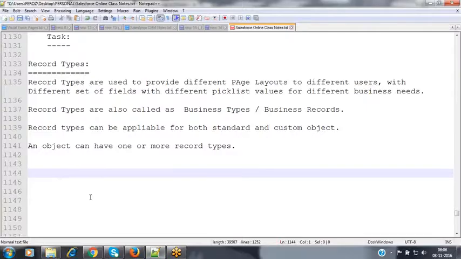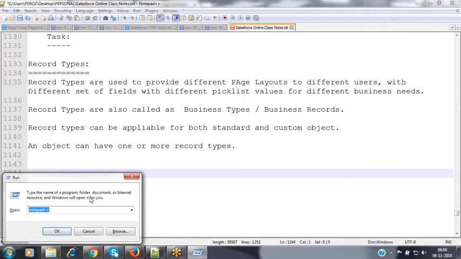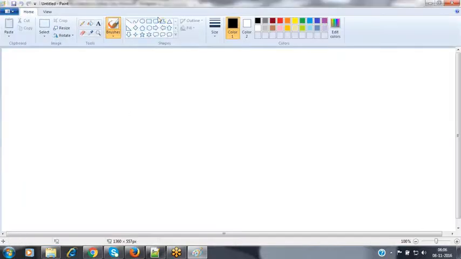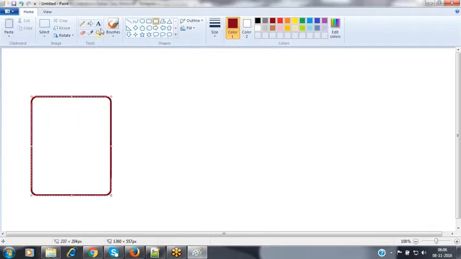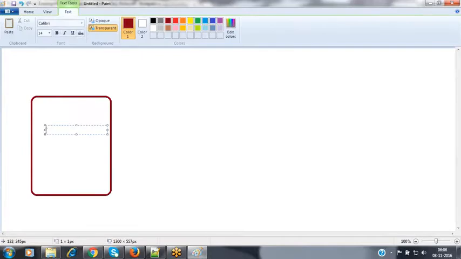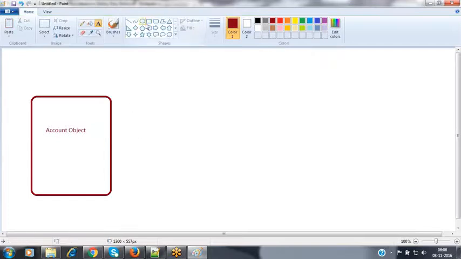Now, suppose I click on the account button. Assume that I'm having the account object here, which has a collection of records.